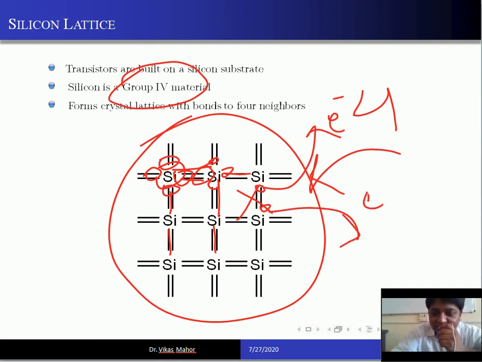The electrons will become free. And what happens when the electrons are free? They are free to move, here and there. So when you apply a particular voltage, these electrons will move and it will conduct current. So now your semiconductor will start behaving like a conductor. You got it? So this is how you make your semiconductor conduct. So this is the lattice of a semiconductor.